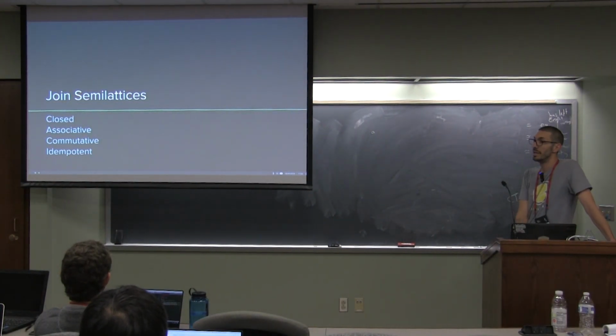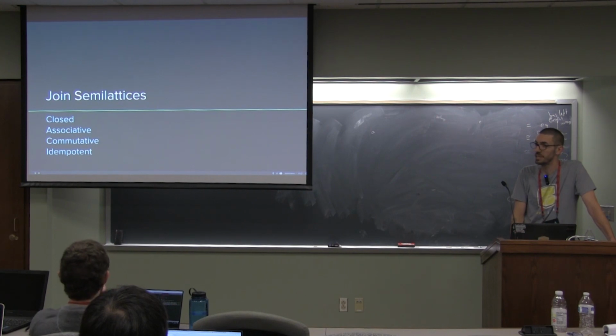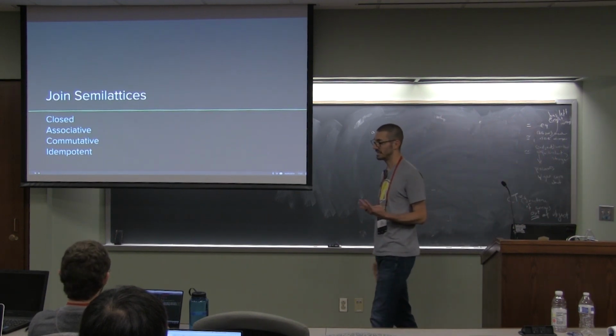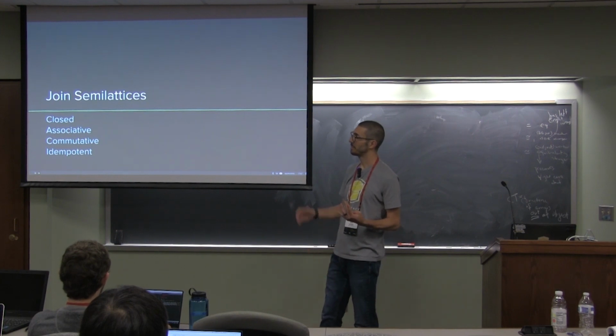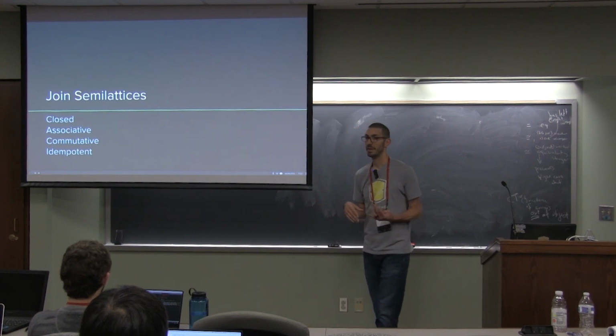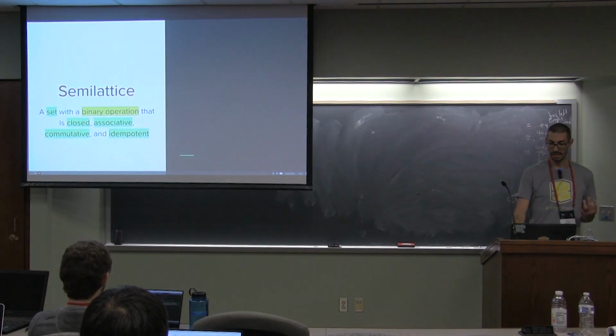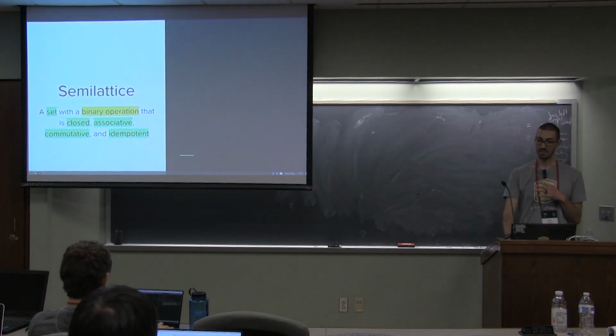So another really neat one, we're skipping quite a few here, we're adding a couple properties, is this thing called a join semilattice. It's got four different properties that it needs to have. It's going to be closed, associative, commutative, and idempotent. And what's neat about all of those things